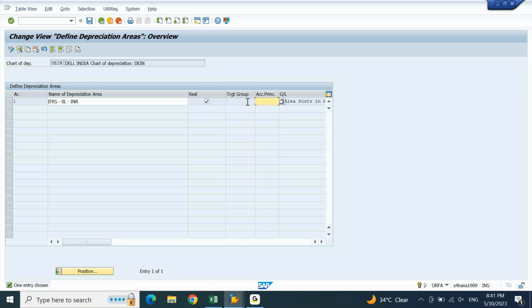So far, whatever we have done, we have created a ledger. Whenever you create a ledger, it is automatically followed by a ledger group. Whether you create a non-leading ledger of L1, L2 or any other code, the same code will become a ledger group by default in the system.